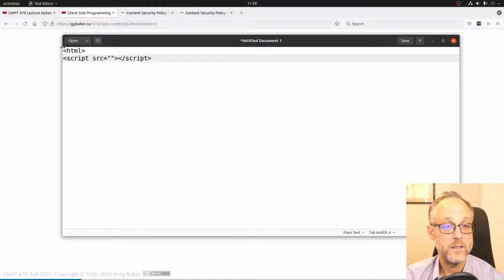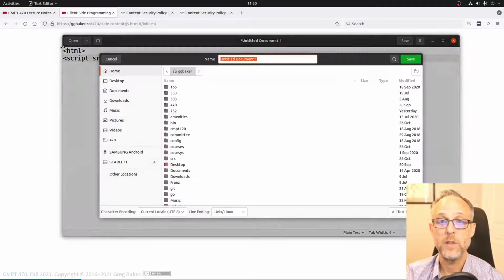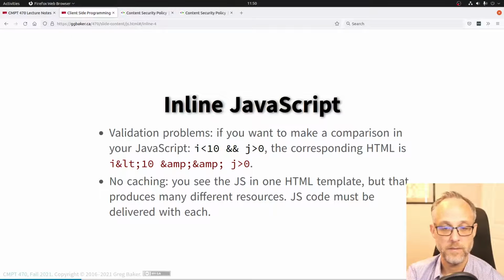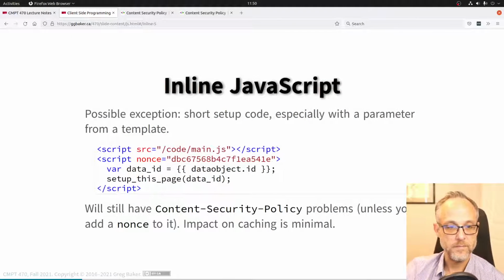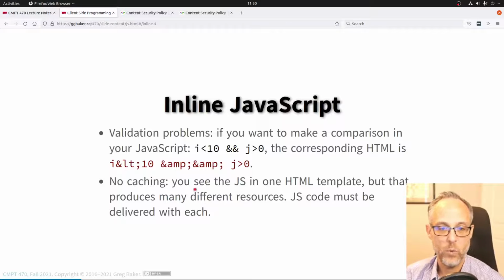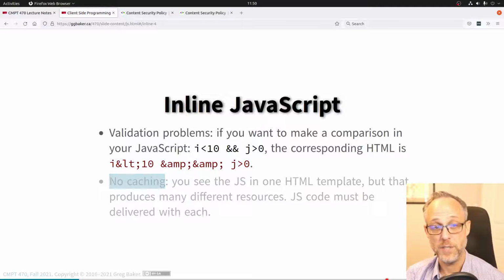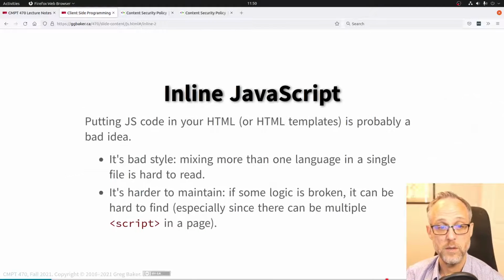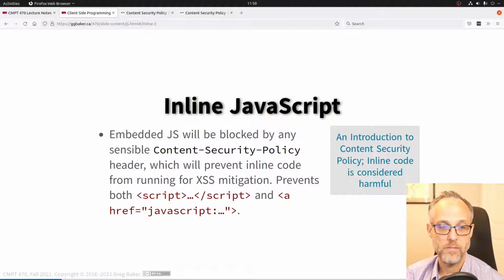This is what you want, right? So some external JavaScript file where the rules are nice and clear and everything's going to be fine. Maybe, and again, a lot of those rules that I just said, they become a problem when there's a bunch of JavaScript code, certainly much more so. We're still going to have content security policy problems,